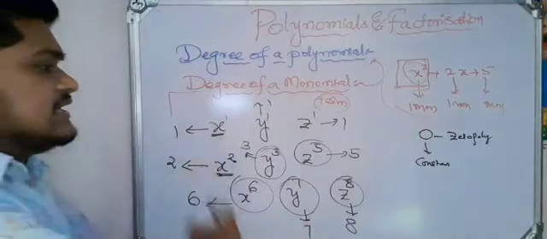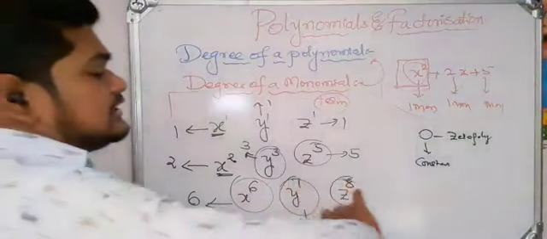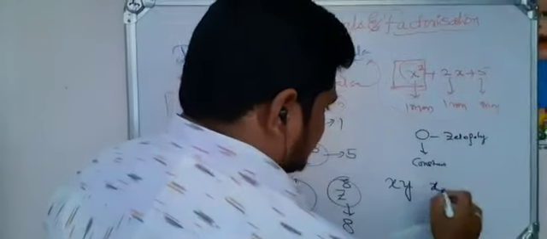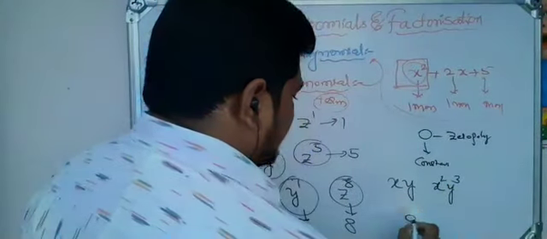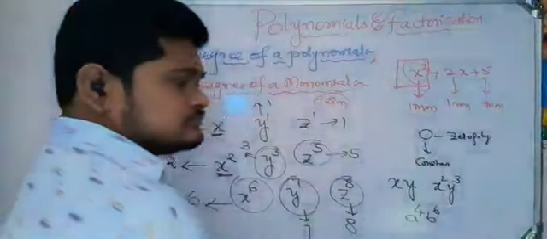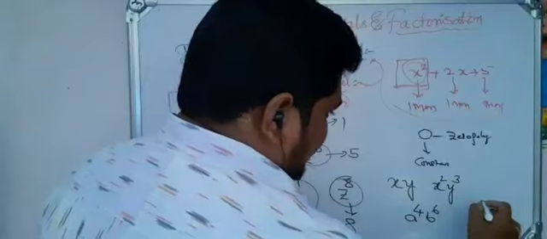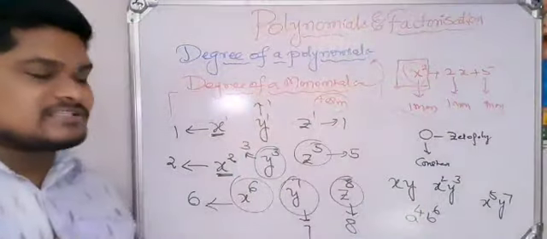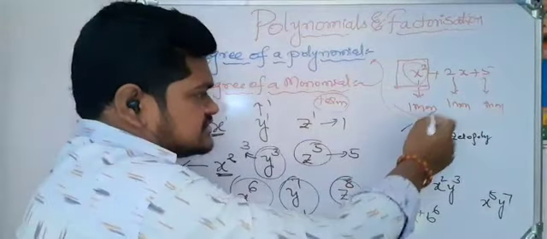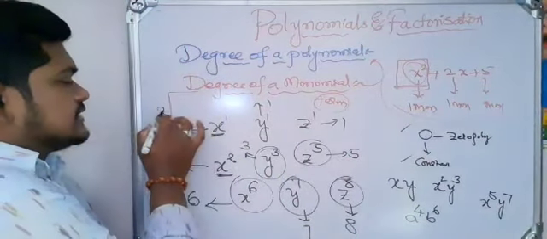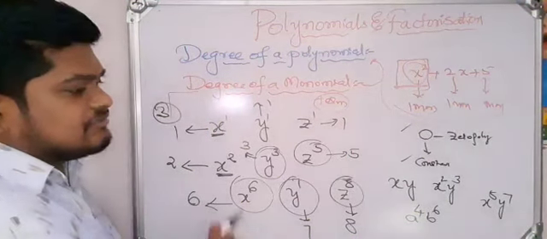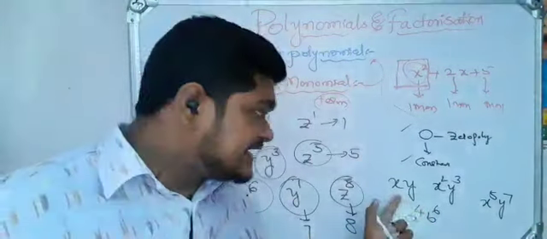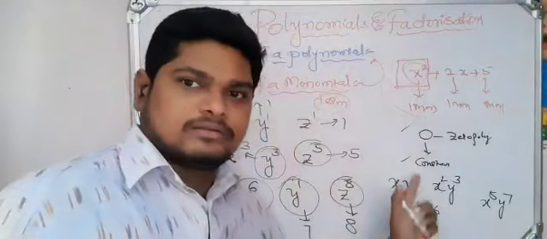But in monomials we have some more examples. For suppose take x into y. For suppose x square into y cube. Otherwise a power 4 into b power 6. Next, some x power 5 into y power 7. These are different examples of monomials. First I told this is a 0 polynomial, next a constant polynomial. This is the third case, a single variable containing a power. Next, it is a mixing of two variables. x is there, y is there, but it is nothing but a single term, a monomial.